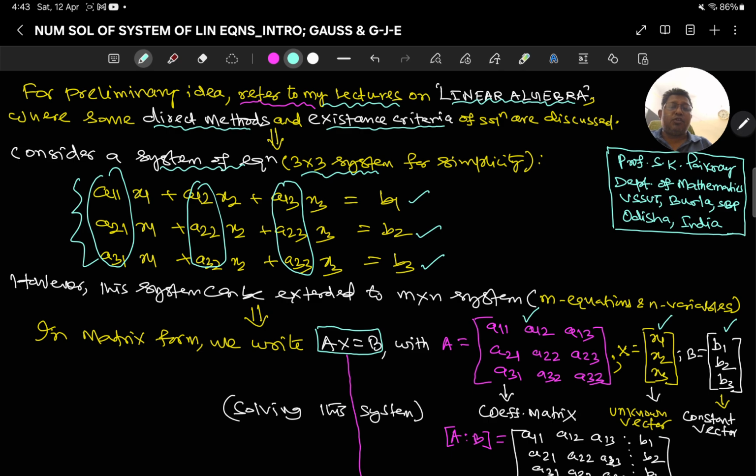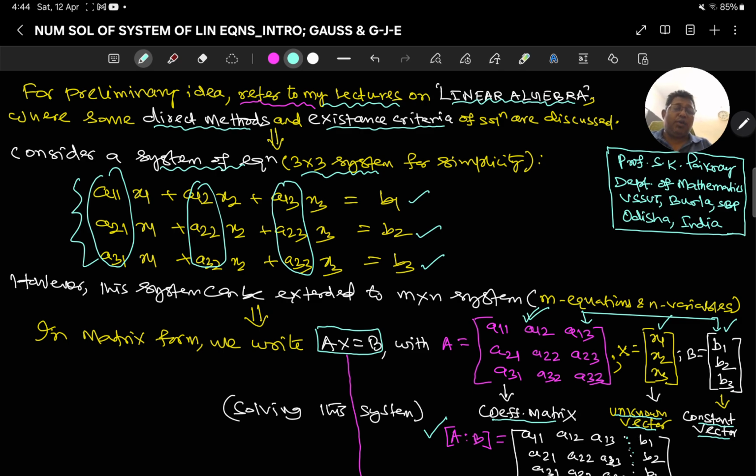It is a linear system of equations where A is the coefficient matrix, x is your unknown vector, and b is the constant vector. Now this A together with this b, because any change in the left hand side should be accompanied with the change in the right hand side, is known as the augmented matrix. Just put a gentle line and separate them, so that whatever operation is performed in the left hand side, the same operation will be performed in the right hand side